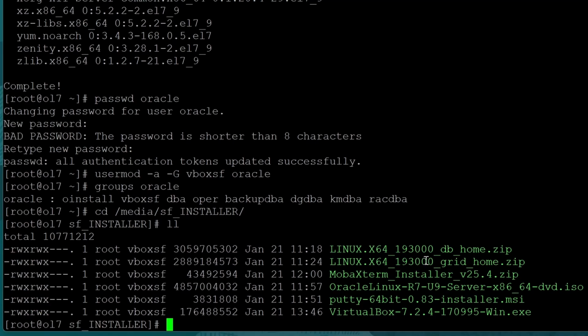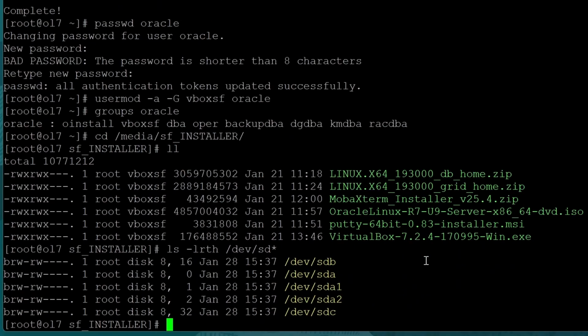And then if we check the /dev/sd, this A is the first hard disk that we created, and then the B and the C are the two 100 GB disks that we added.